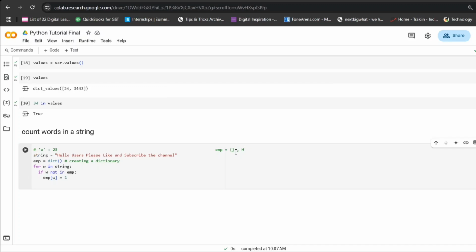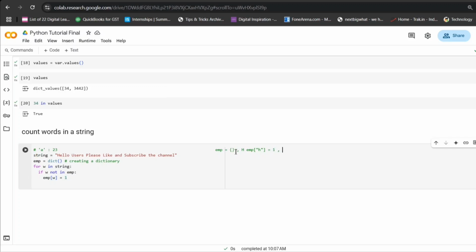So how would I increment it? I would create emp[w], where w is the letter of my string, so h equals w, and emp[w] is equal to 1. So in this way,